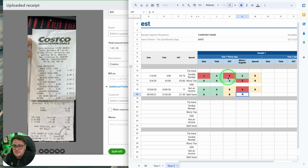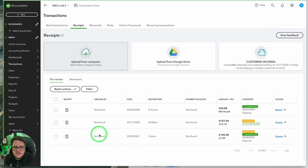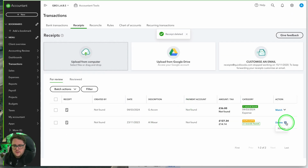Memo supplier, though, it was able to figure out it was Costco. Wasn't able to split it for us, but it gives us the functionality. So it's not a complete fail on that one. Right, okay, let's see what's next then. And just delete that one. So it's gone. So on this one,